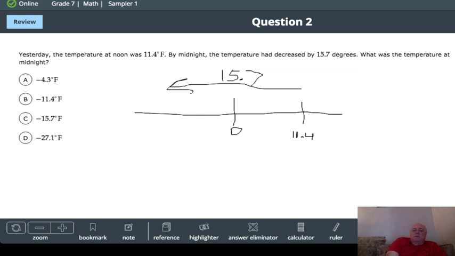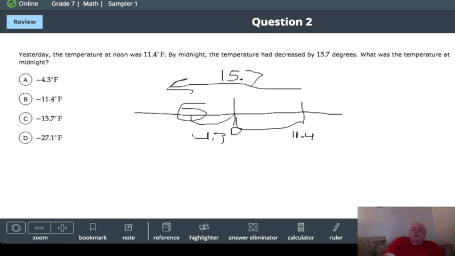All right, so there's a couple of ways to do this. This whole leap here is 11.4, so that's going to be chopped off of that. So that means what's going to be left over here is going to be 4.3. And it's going to be negative because we pass 0 onto the side here, right? Okay, so that one was more or less easy peasy. We could have done a thermometer. We could also do